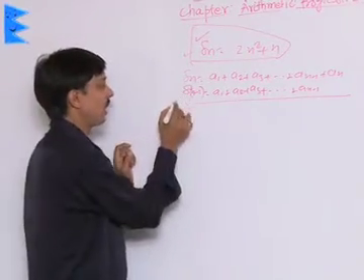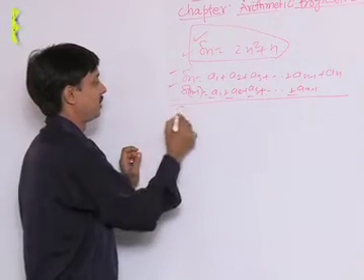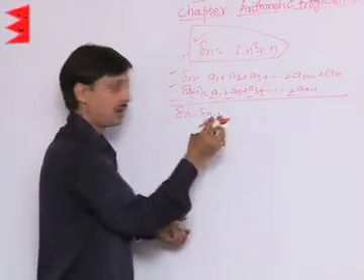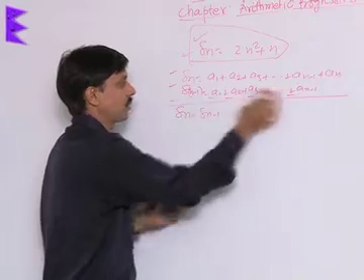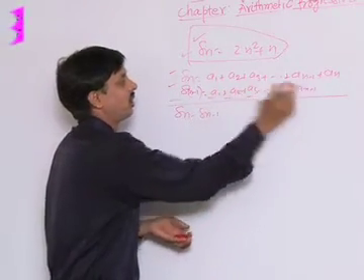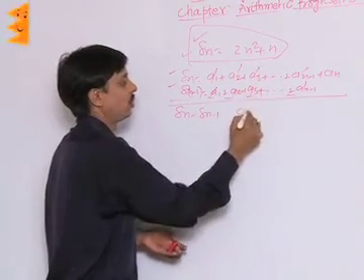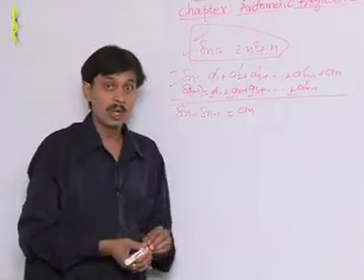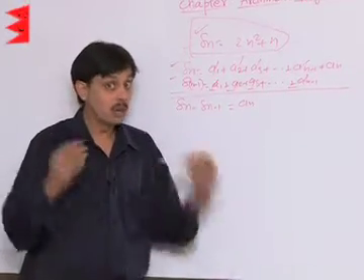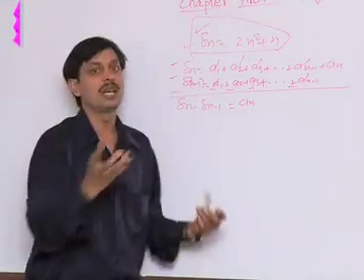I ask you to subtract Sn minus 1 from Sn. Sn is the sum of n terms, and Sn minus 1 is the sum of n minus 1 terms. So if I subtract the value of a1, a2, a3 up to an minus 1 from this value, the answer comes out to be only an. So if Sn is given and we want to find the nth term, the general term, how will we find it? From Sn, subtract Sn minus 1.